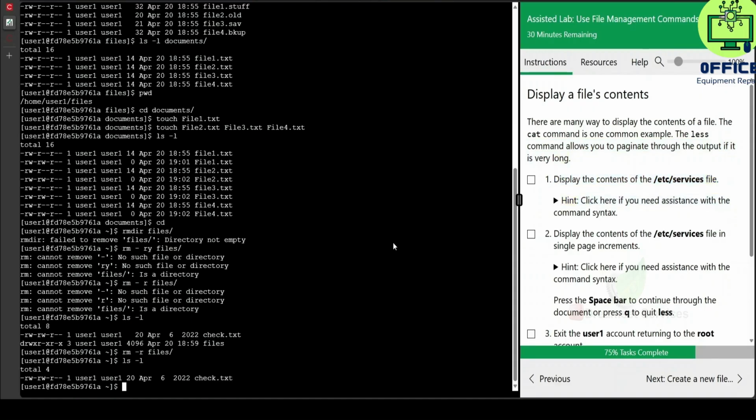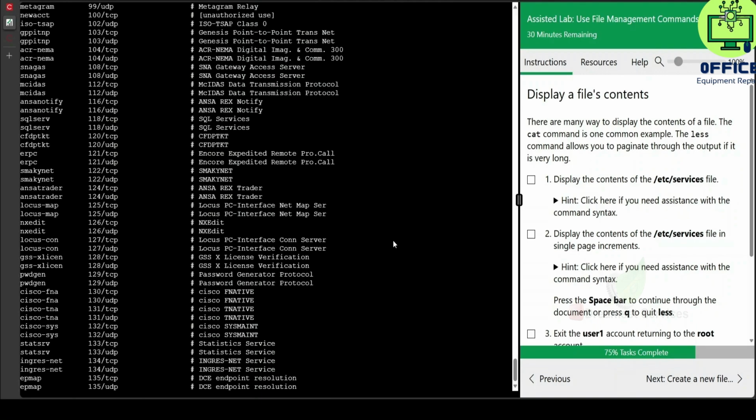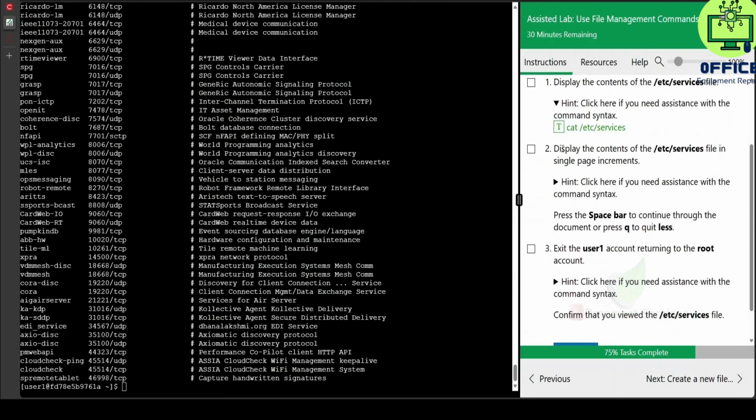Hint: Display the contents of the /etc/services file in single-page increments. Hint: